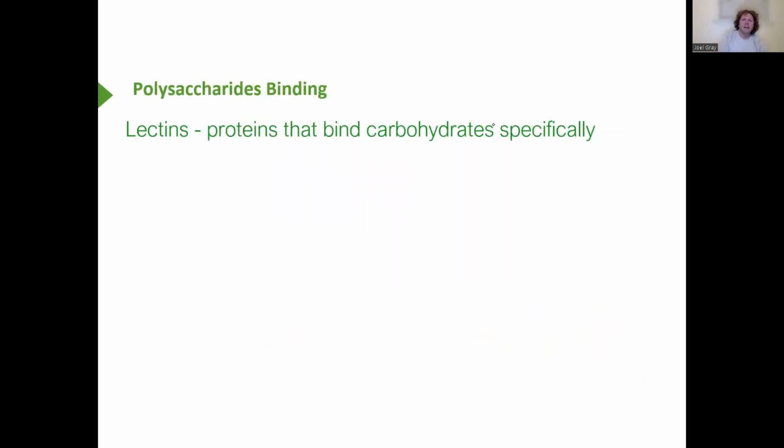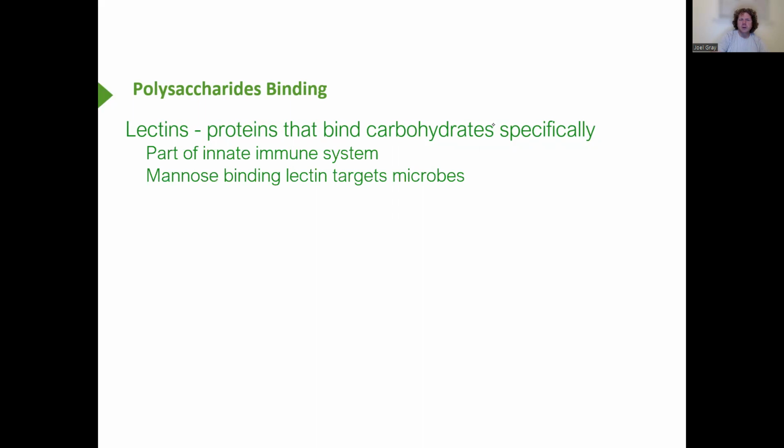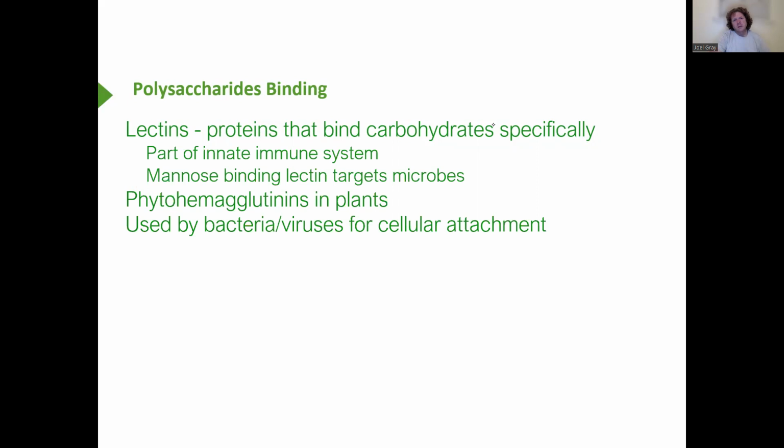Now, lectins are proteins that bind carbohydrates specifically. These are part of your innate immune system. Mannose binding lectin targets microbes, and there are phytohemagglutinins in plants. Binding to polysaccharides is commonly used by bacteria and viruses to attach to a cell so that they can get